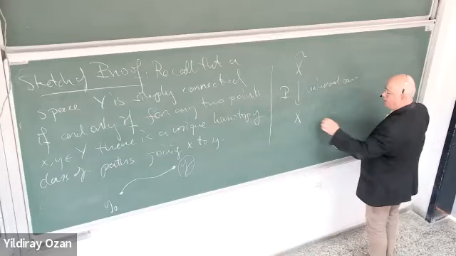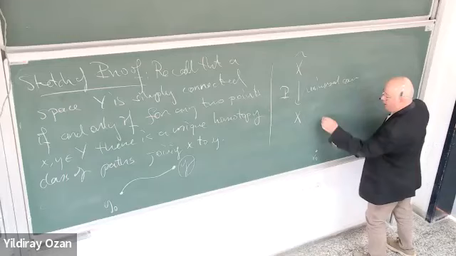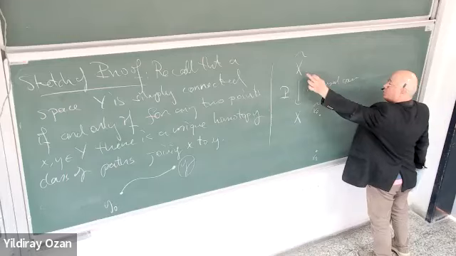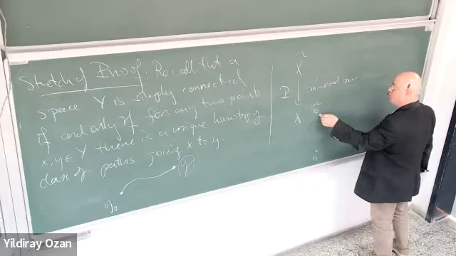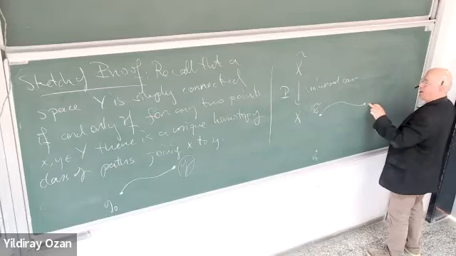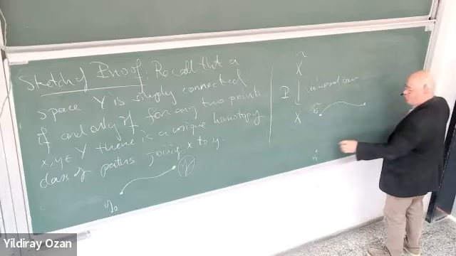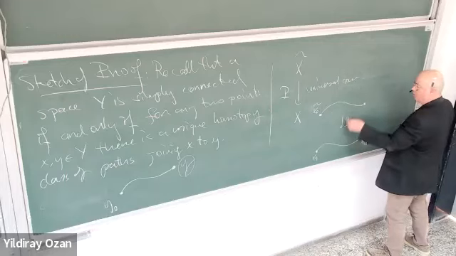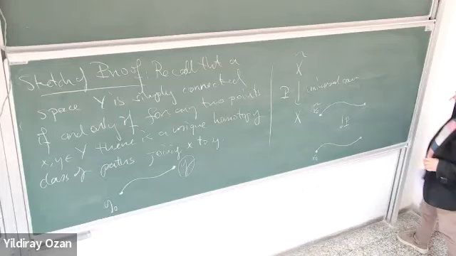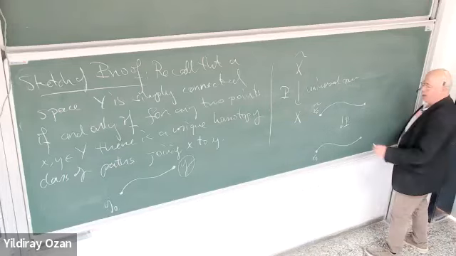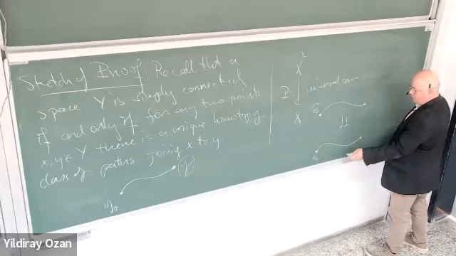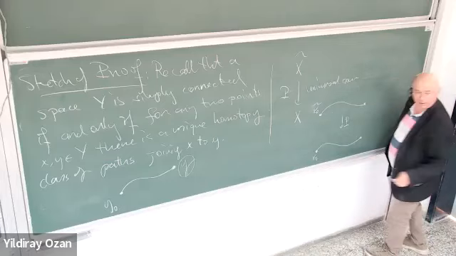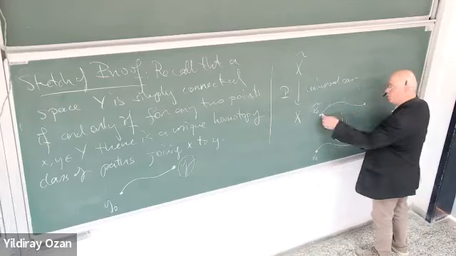Let me choose a base point here and a base point here. Every point of x tilde corresponds to a homotopy class of a path. And every path, of course, has an image down here, obtained by projecting it via P. And what we know is the following. Every such path actually is the unique lift of this path starting at this point. Therefore, the homotopy class of